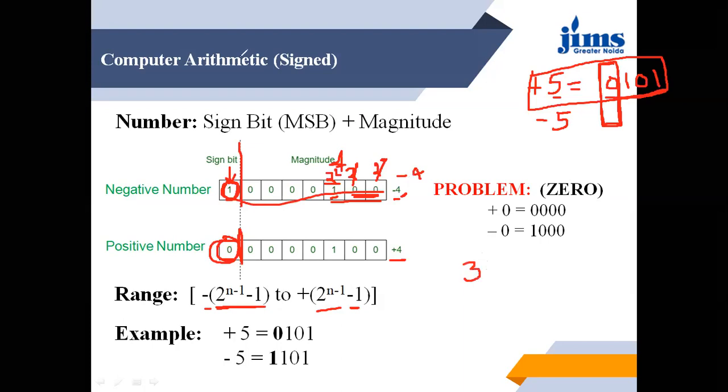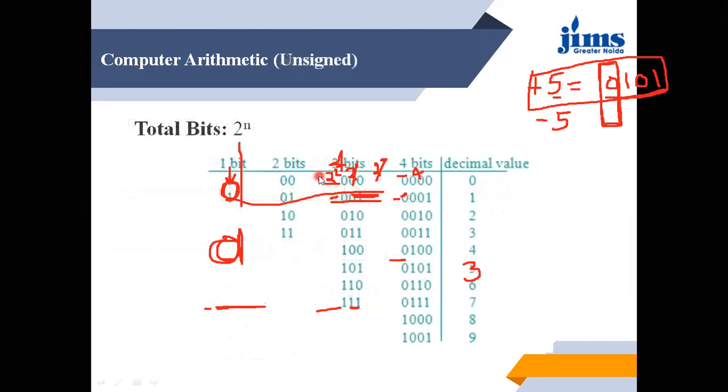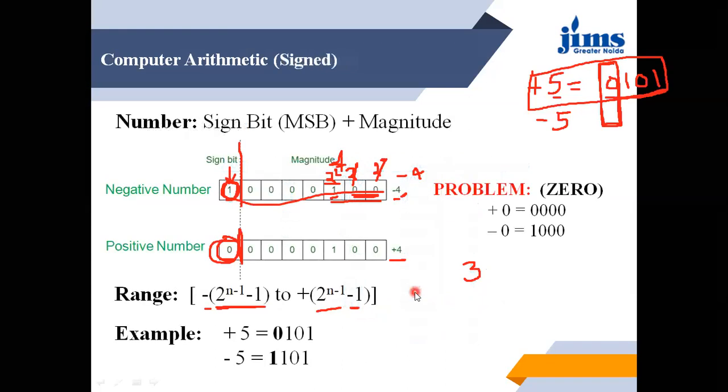As I told you in the last slide, we can store up to 0 to 7 decimal numbers over here. So this is 2 raised to the power n minus 1, that is 2 raised to the power 3